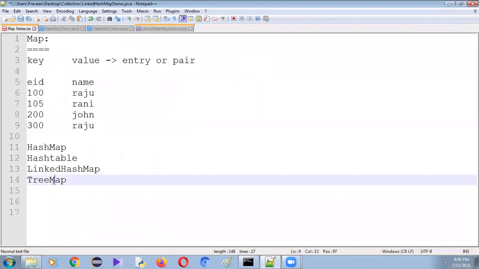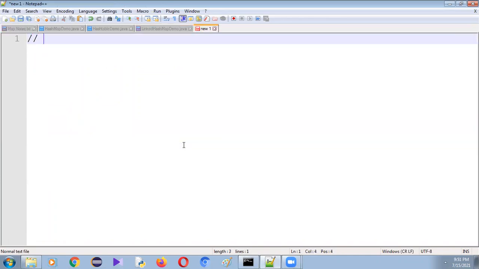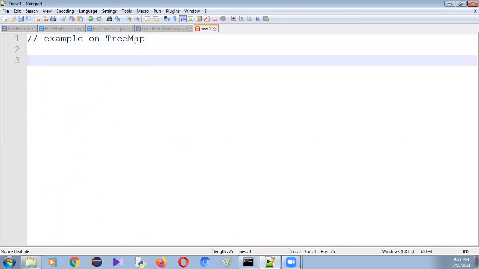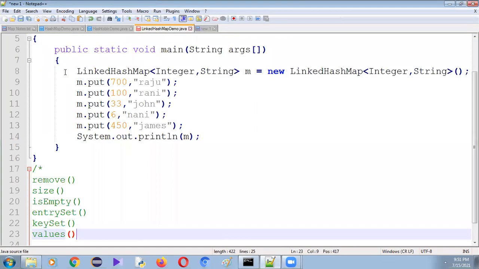The next one is TreeMap. Let me show you the example on TreeMap. TreeMap is used to store the elements in ascending order based on the keys.